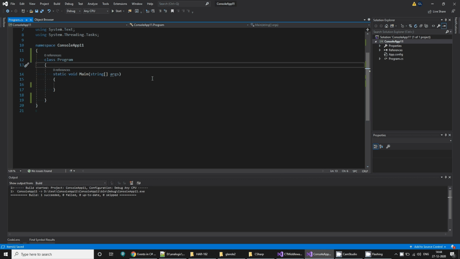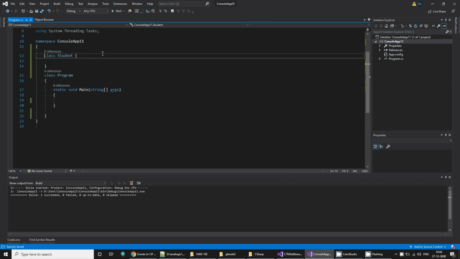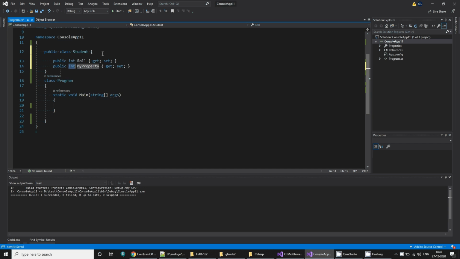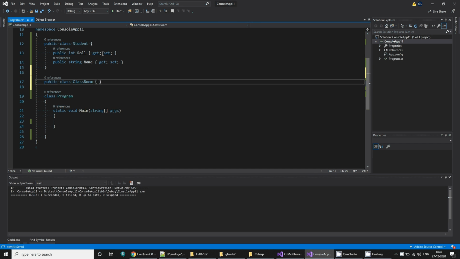Hello everyone. Today we are going to see how event handlers and events work in C Sharp. To demonstrate that, we are going to create a class Student, and it will have properties RollNumber and Name, and then we are going to have another class Classroom, which will have basically a